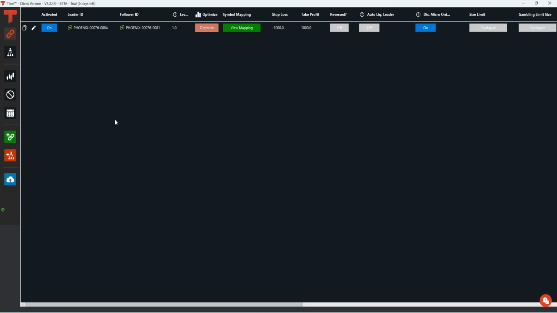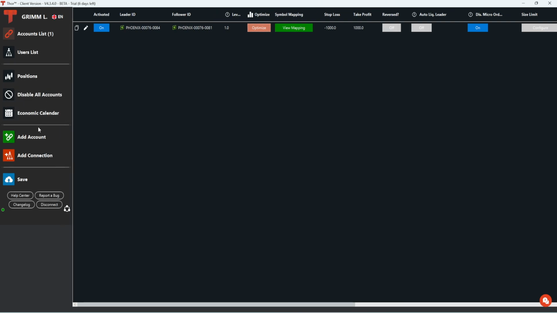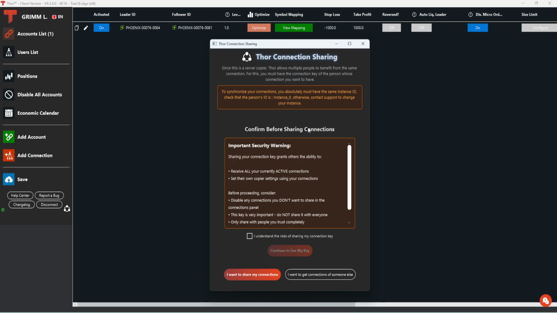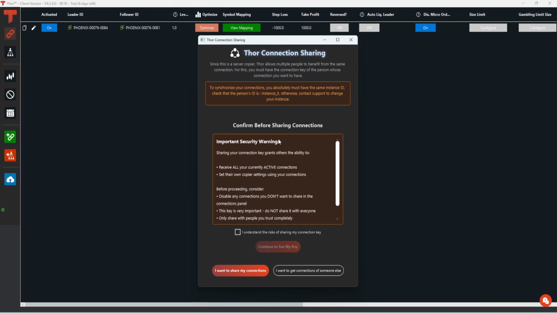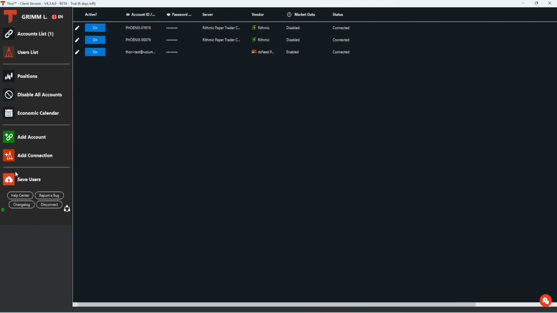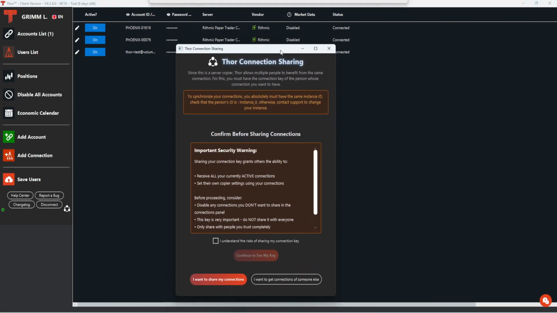And another really cool feature that I wanted to mention, and that absolutely no other copier has, is if you go to this left bar and click on this little thing up. So this is a menu that will allow you to share all of your connections. So all of the connections there, you can generate a key